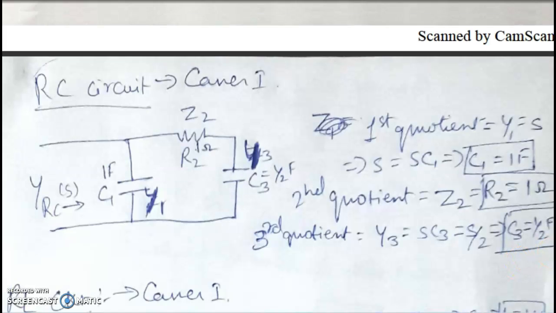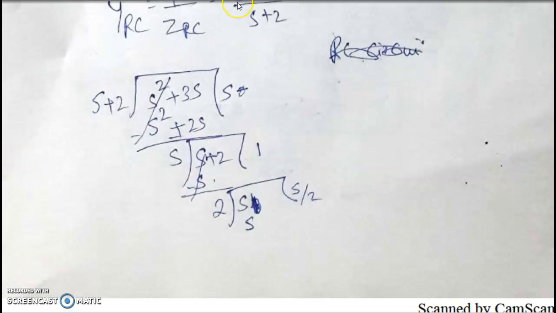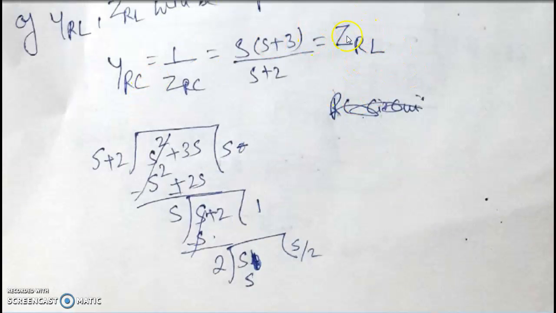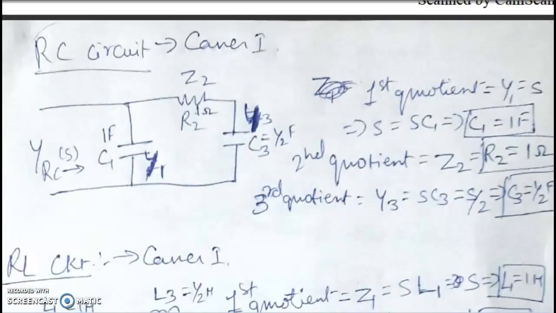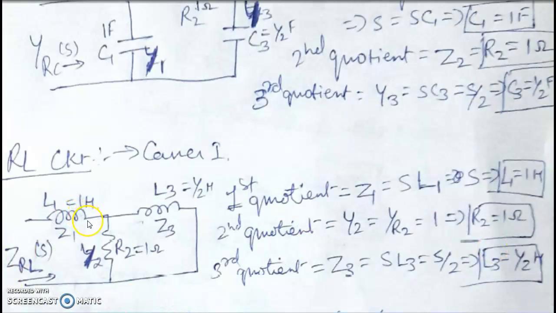Now when we are talking about the RC circuit, we are realizing the admittance function, and when we talk about the RL circuit, we are realizing the impedance function. Because we are realizing the impedance function in case of RL network, the first quotient will give the impedance of the first element, and impedance is defined by the series element, so the circuit will start from the series branch. General Cauer 1 form of the RL network has series element inductor and shunt element resistor. The total number of elements is equal to the total number of quotients, that is 3. So series element inductor, shunt element resistor, again series element